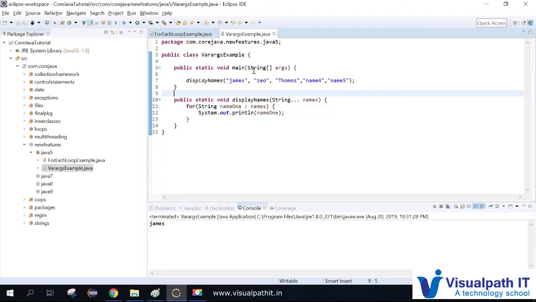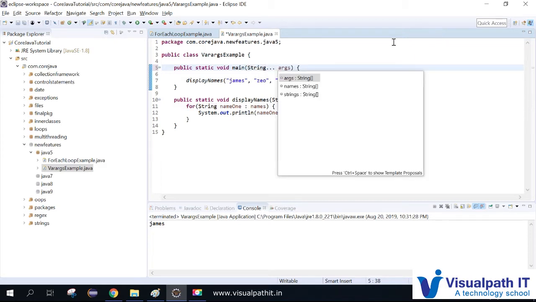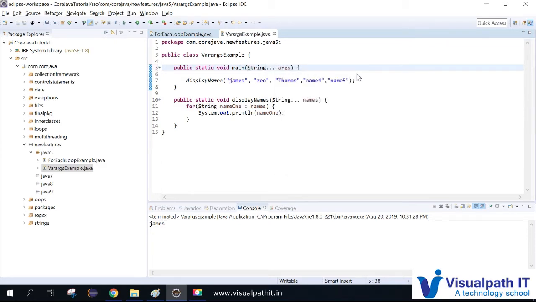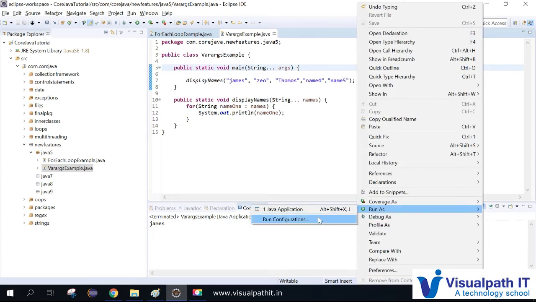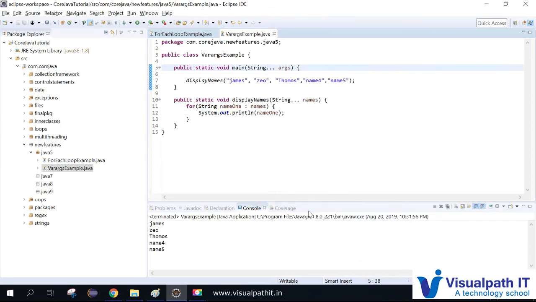Even the String args we have in the main method, right? Instead of the standard way we're writing, a String array, we can put 3 dots. There are no compilation errors you'll be getting. It will run smoothly. The application will run the way it ran earlier. There's no problem at all. So even the main method allows you to use varargs for the String args.